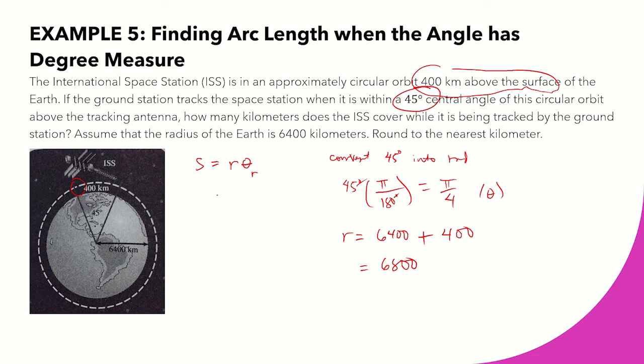And now we're ready to figure out the arc length. Radius is 6,800 multiplied by pi over 4. So if we use our calculator, 6,800 times pi over 4, that would give us an approximate of